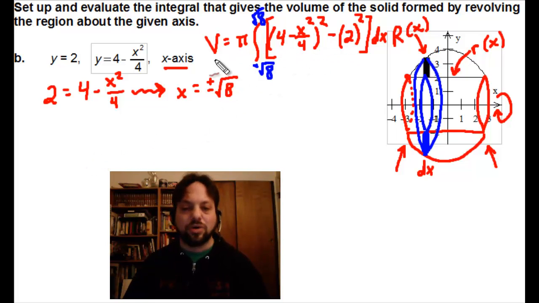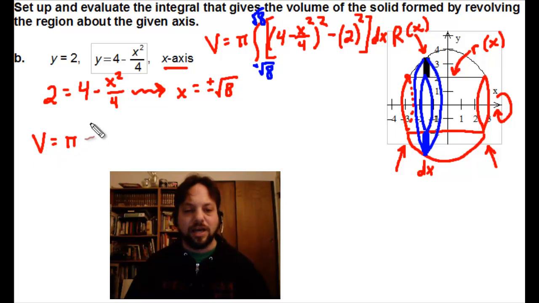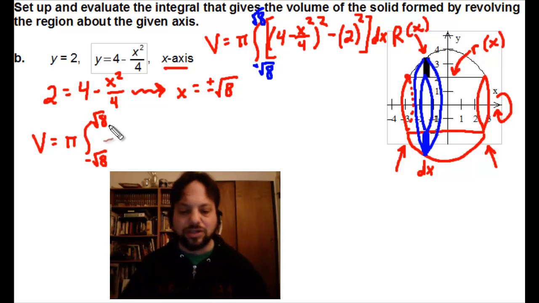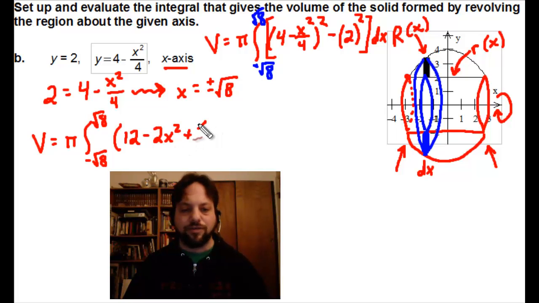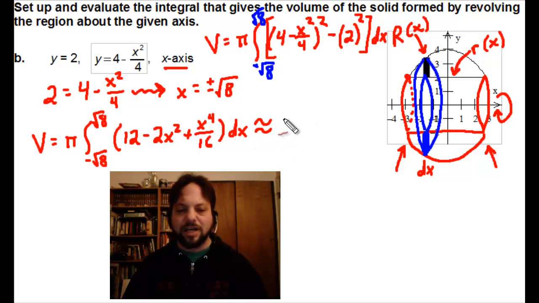So this integral looks like a hot mess. But what I'm going to argue is that it can be simplified quite well if I just square both parts, the outer and inner radius, and then combine like terms. I think what I'm going to end up with is actually just going to be 12 minus 2x squared, plus x to the 4th over 16. So really, that's not that bad of an integral to do. And for that reason, I'm going to skip all the calculus that's involved here. And what I'm going to get is approximately